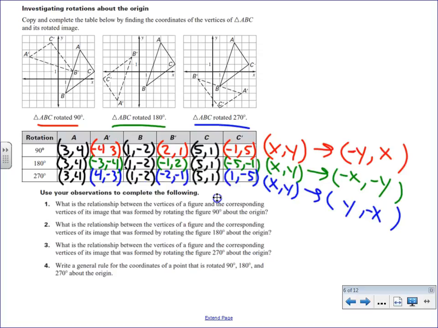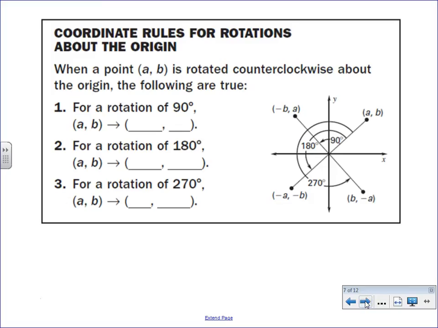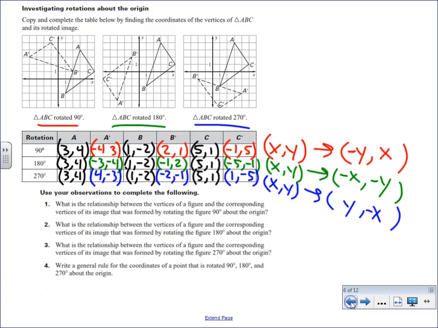Okay, so those are the rules for rotating, and we can list all those together in one spot. If we want to put those same things down, it's just what we had before. It's just a different way to write it. Now we're saying A and B if X's and Y's get you confused. So if we're rotating 90 degrees, they're just flipping places, and